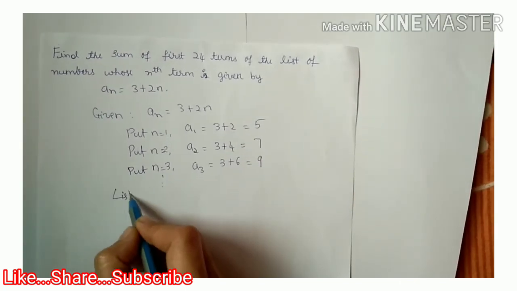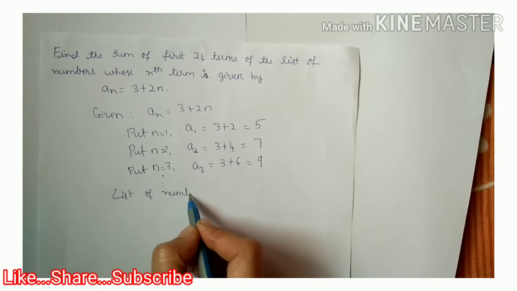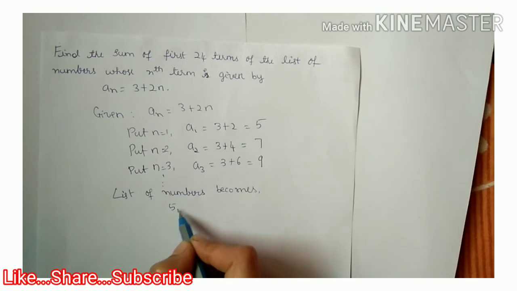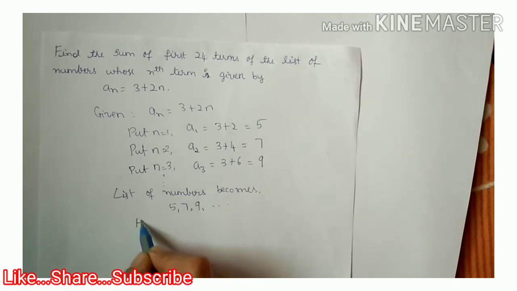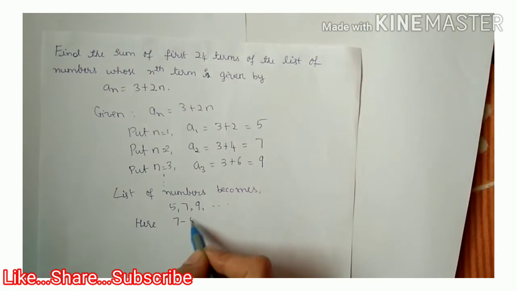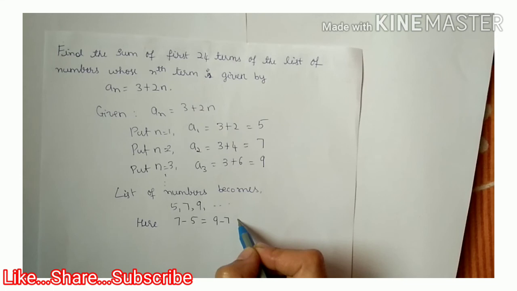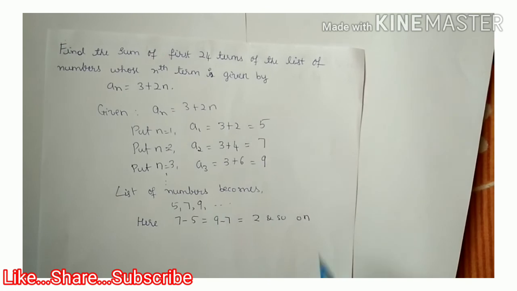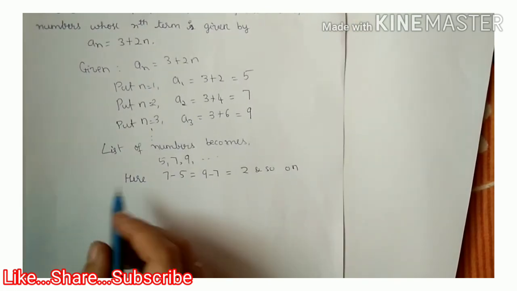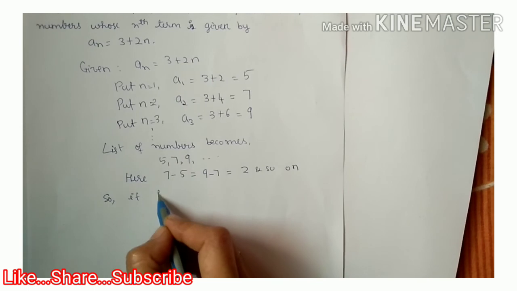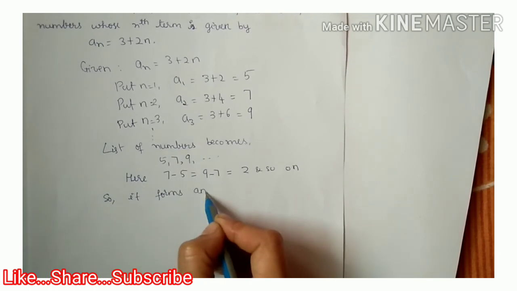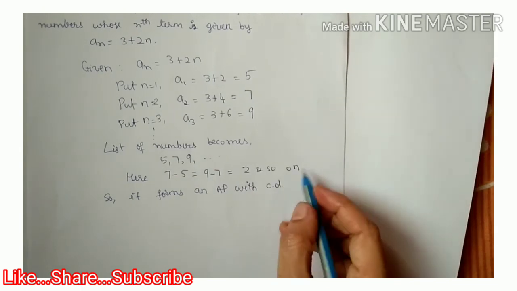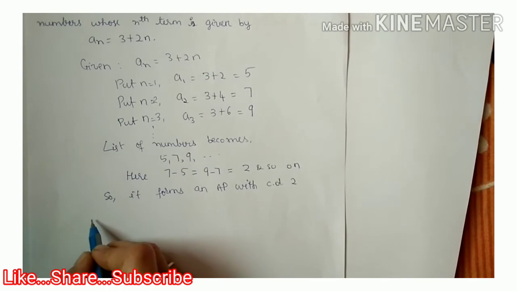The list of numbers becomes 5, 7, 9. Here a2 minus a1, a3 minus a2, and so on, is equal to 2. So it forms an AP with common difference 2. Let us find